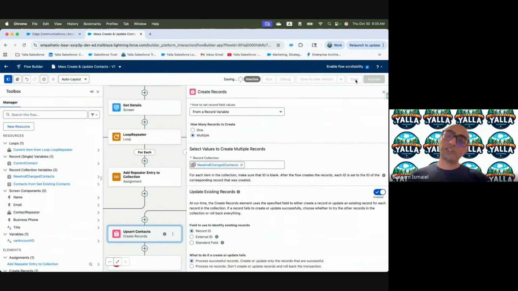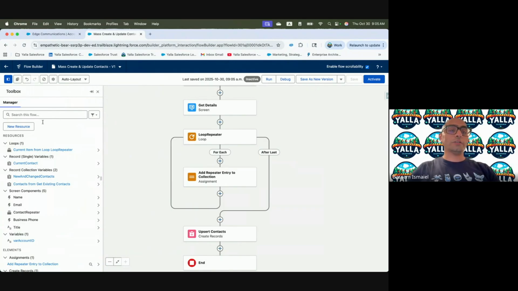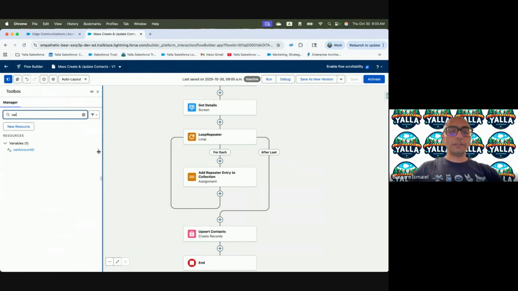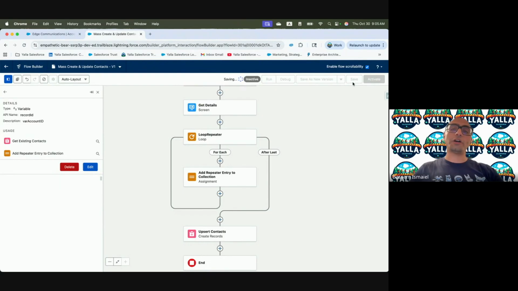And let's even take it to the next mile, which is to add it to the lightning page. Let's refresh our mind. How can we distribute it? Put it in a contact. So since we will be passing to the contact, I will just go for the var account ID. I will name it record ID. So Salesforce is automatically going to pass this parameter from the lightning page. I'm going to save, activate,